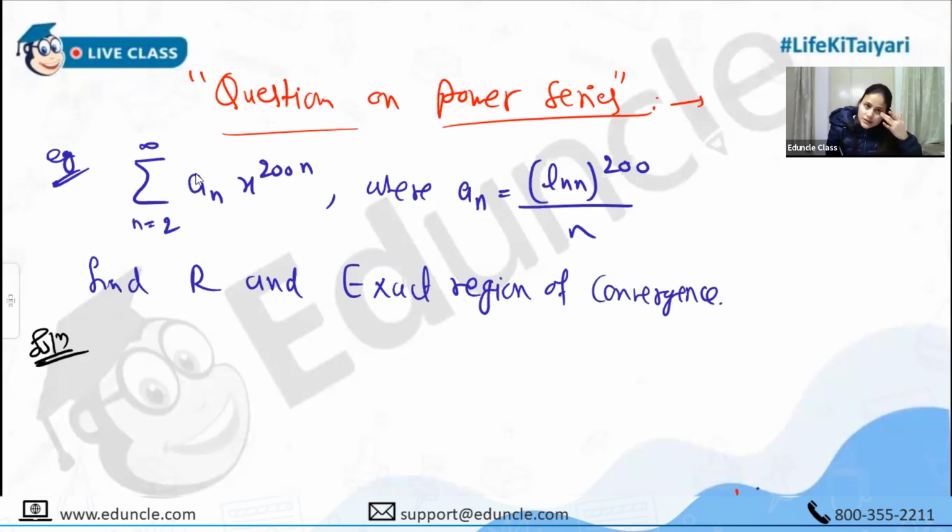तो आई एम हैविंग दिस सीरीज, दिस इज अ पावर सीरीज. ठीक है, an is this and I need to find here radius and exact region of convergence, exact region of uniform convergence and all, everything we will discuss. चलिए. ओके,